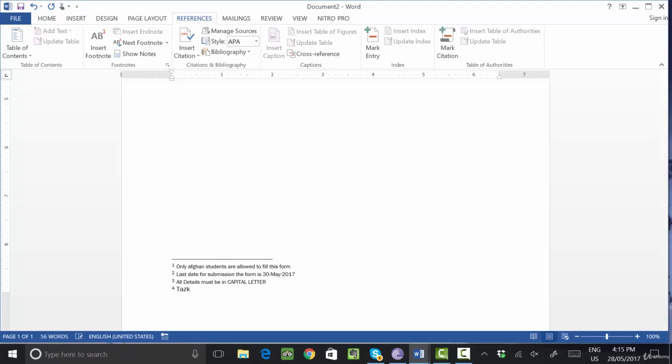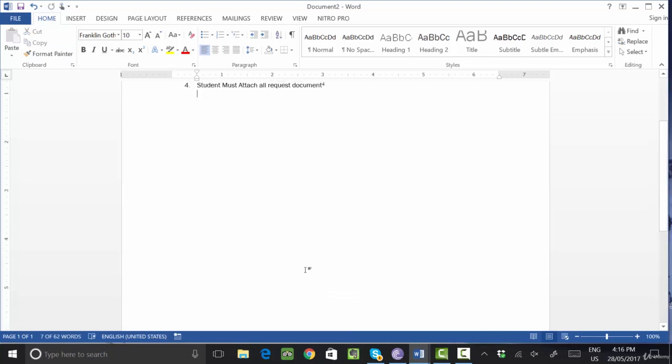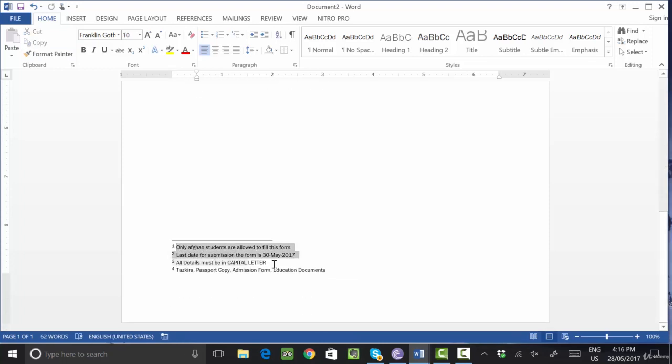Suppose Tazkira, passport, Tazkira, passport copy, admission form, educational document, let's say. Okay, select this format and this one. Okay, now I will change the color of this. I will make it red color and make it bold, let's say.